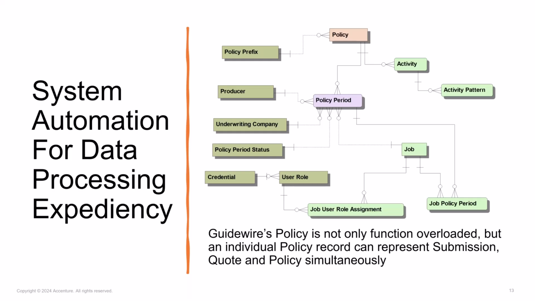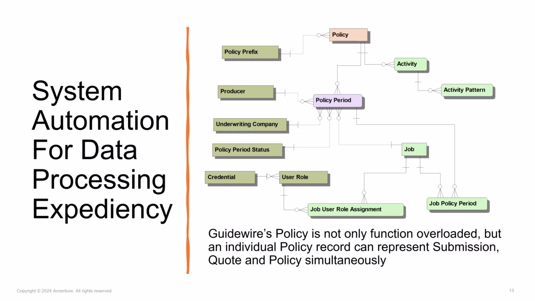So policy data in Policy Center is really functionally overloaded, supporting submissions, policy quotes, and policies. Many systems, such as SAP, overload system tables. So the SAP order table contains sales orders, quotes, contracts, and returns. And it's very difficult to ask business questions of that kind of system without deep system knowledge, and the same